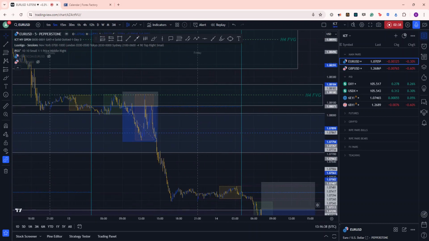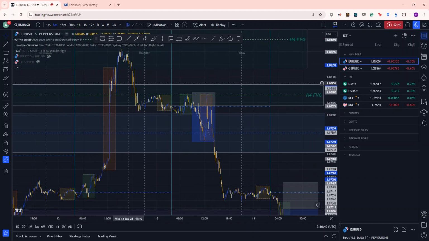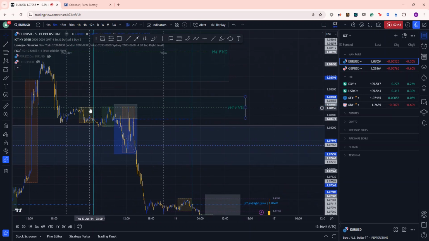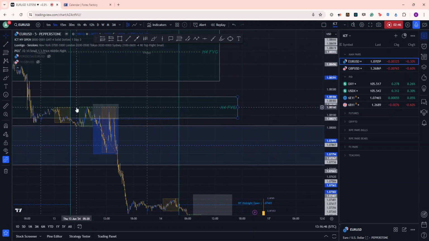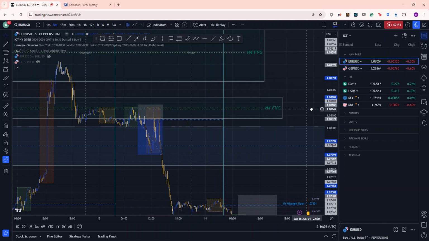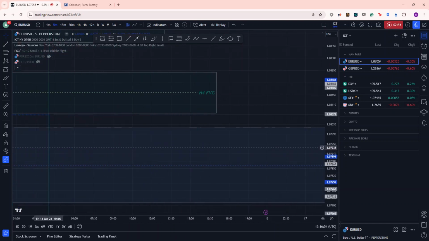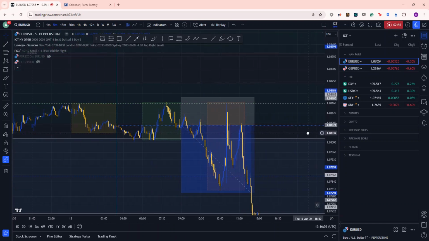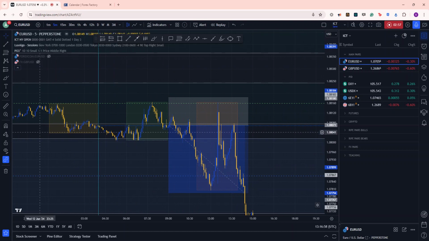Thursday, price comes up, it closes down like I just showed you on the daily. It goes up, it touches the consequent encroachment of the 4-hour fair value gap, goes up, drops down, creates a very nice 2022 model. Let me zoom in so it's a little clearer. The 2022 model, what does the 2022 model look like? We have